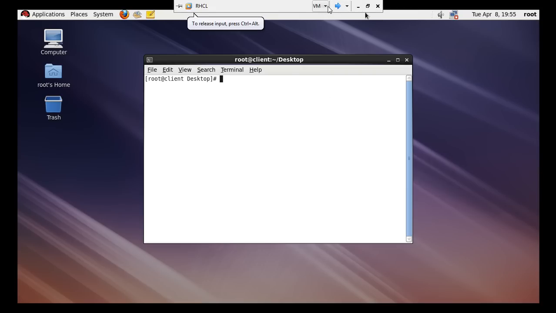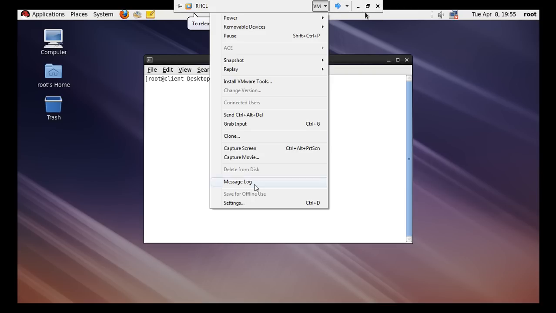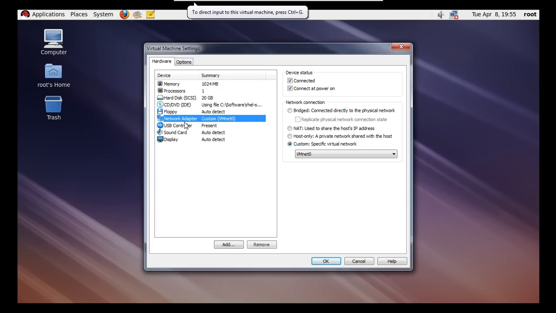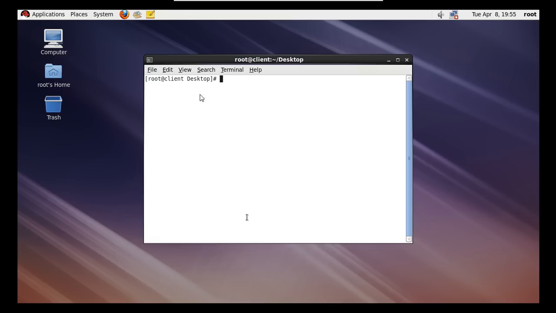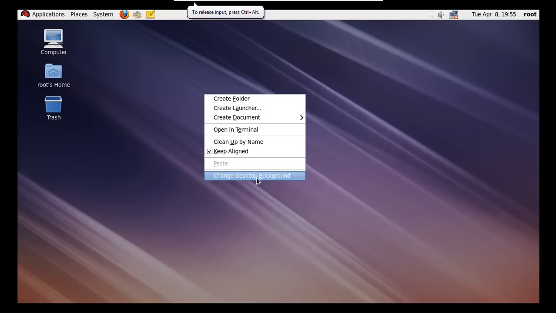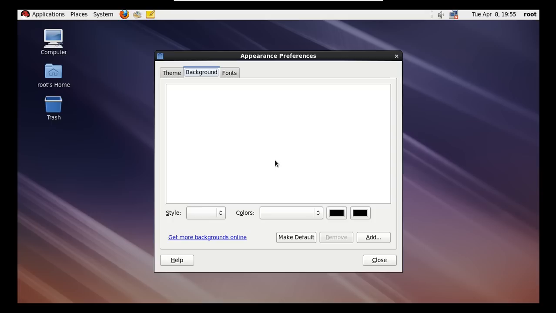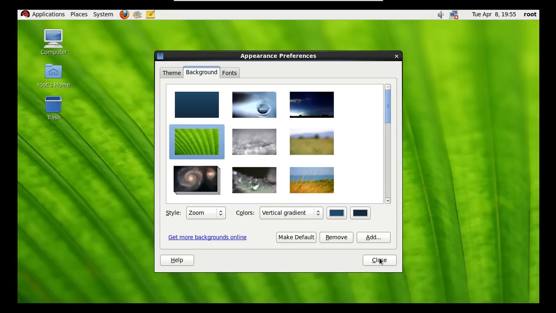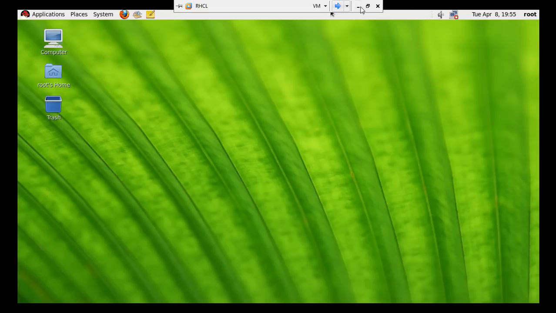Let me check whether both the client and server are in the same network or not. I am using VMware, so the network is VMnet0. This is our client machine. To distinguish between client and server, I am changing its background so that it will be more convenient for us. This is our client computer, and now I am switching to our server computer.